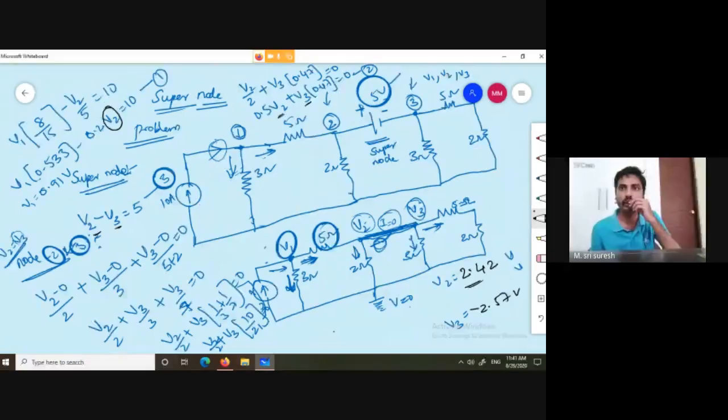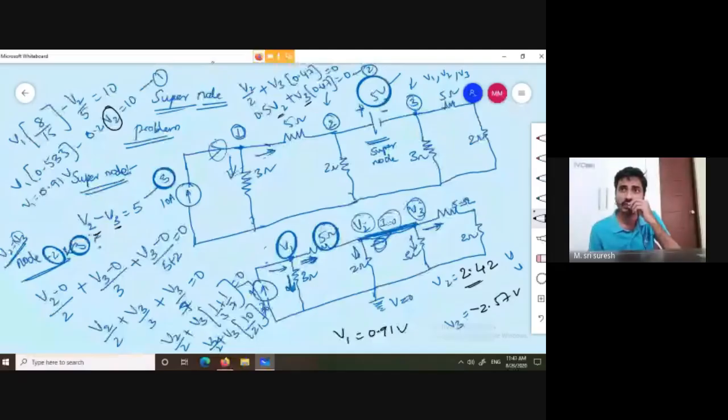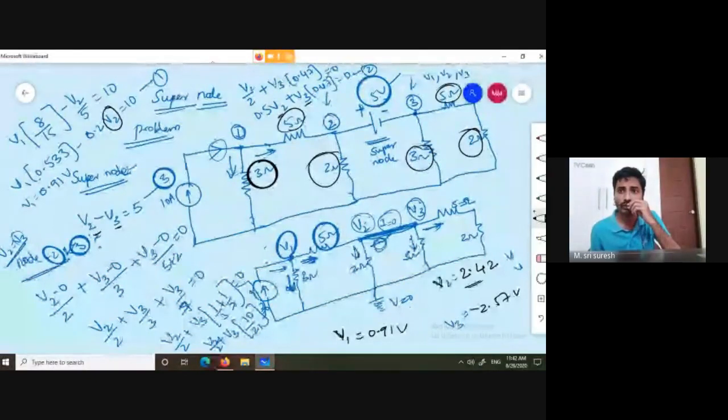Okay. So now you can easily calculate individual branch currents. Now I want all the branch currents. That means what is the current flowing in the 3 ohms, what is the current flowing in the 5 ohms, and what is the current flowing in the 2 ohms. I want each branch current. For that we need node voltages. We got the values by using the equations. Now by using these node values, we can easily calculate the branch currents. Okay, so up to here clear. So can I erase this?